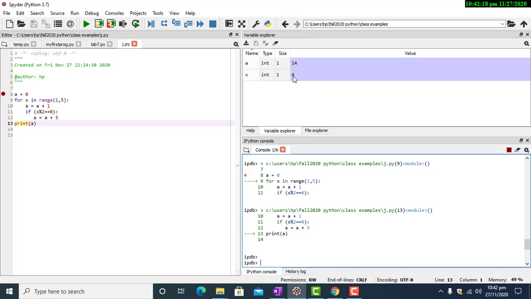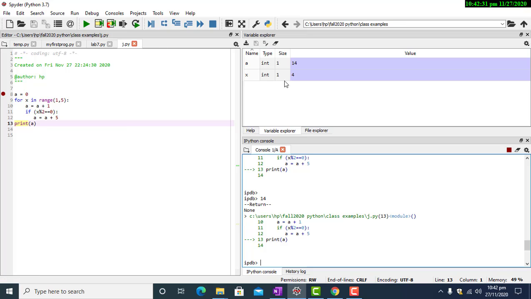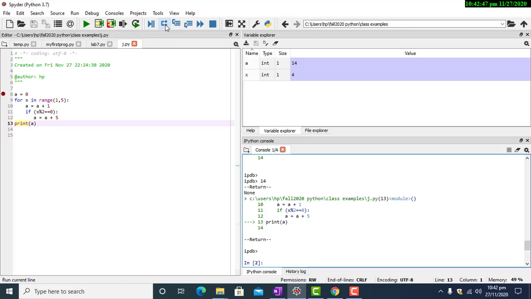When the value of x becomes 4, the for loop will end, and print a statement will be executed if I press this button. So the final value of a is 14, which has been printed at the console window. The program has not been executed completely. It will be executed if you press this button one more time, and you can see that now the program has finished its execution,